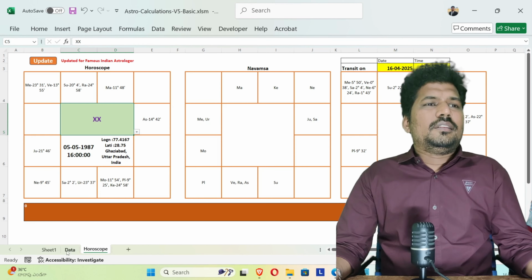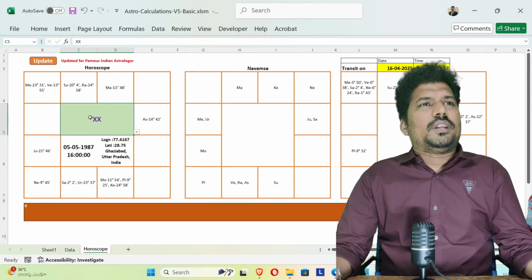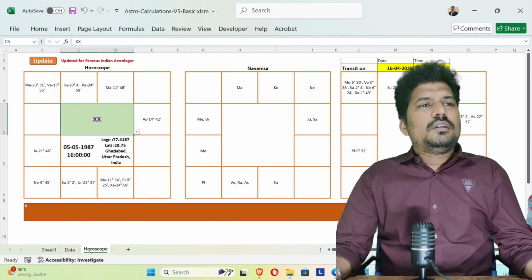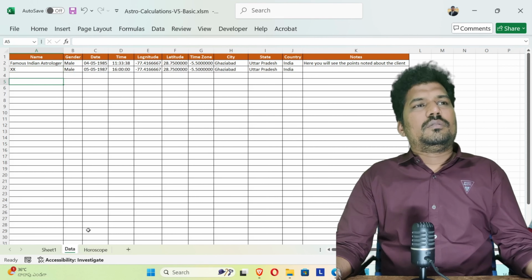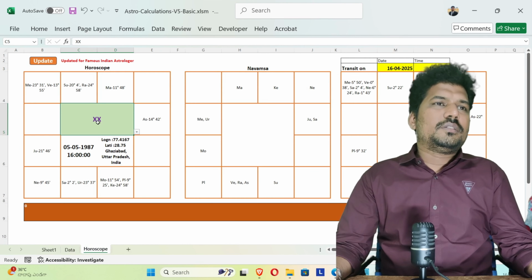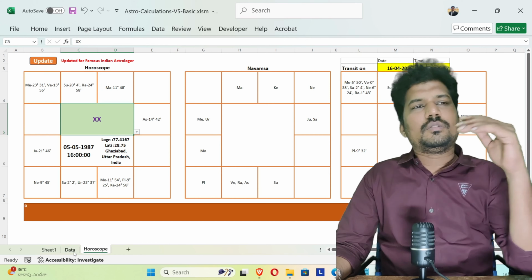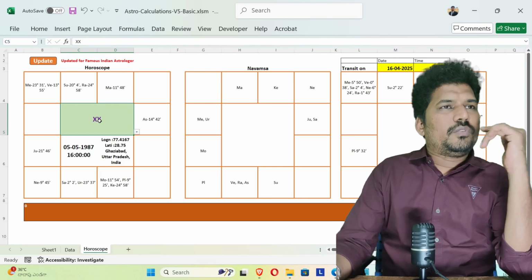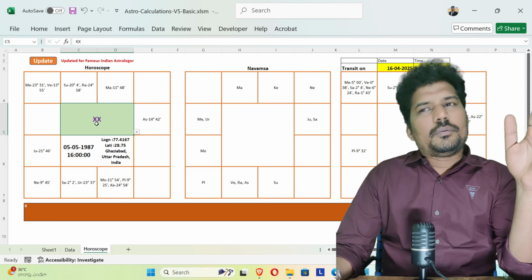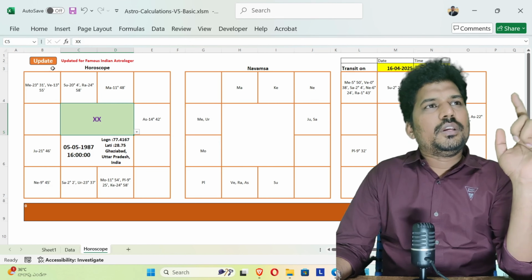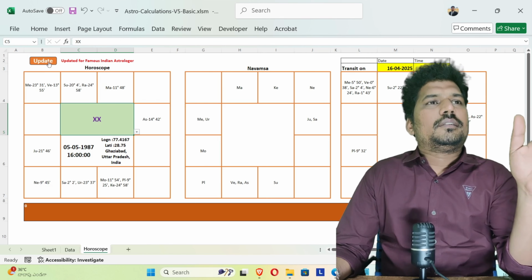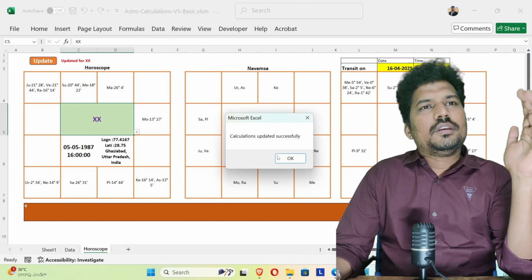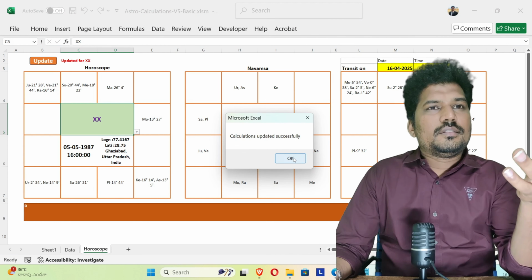This is based on Excel formula. What I have implemented here, the name, the presentation and all, are all based on Excel formula. So if you want, you can change these things, but it all depends on your convenience. So the names you update here will appear here. After you have updated the names and the client details, you need to click this one so that charts get prepared. The calculations are updated successfully.